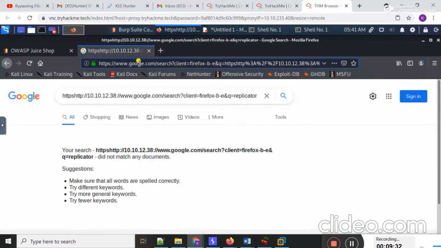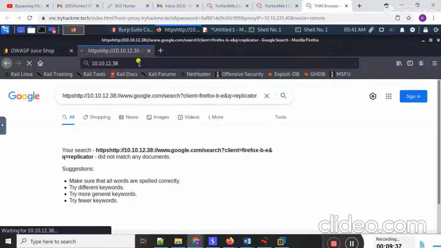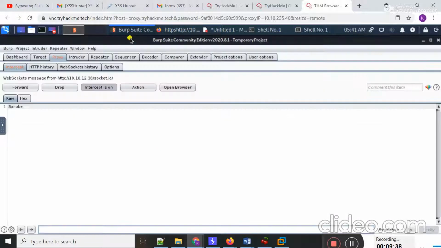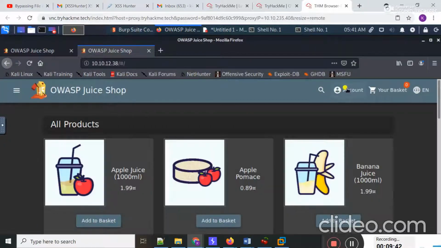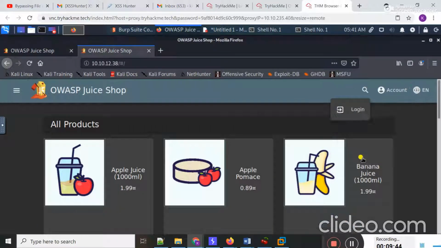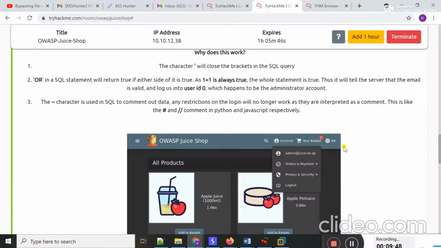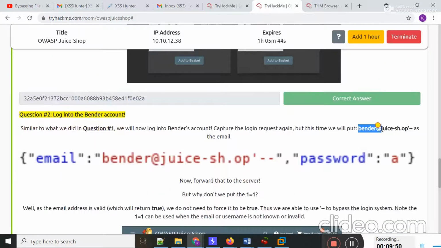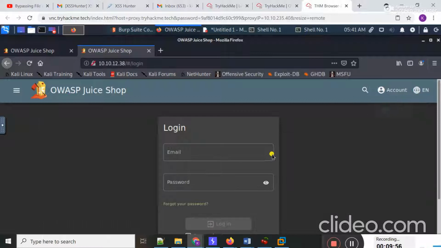Copy the email address, paste it here. Copy the IP address and paste it here. Students, I am going to log out from the admin account, and now I have to log into the vendor account by using this email. I am going to copy this email from here, move to the login page and paste the email address here.